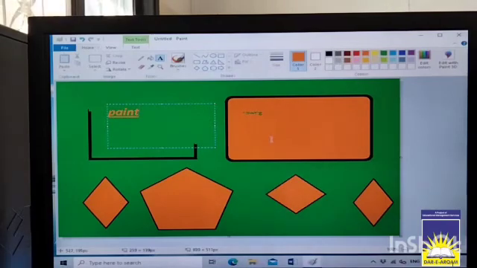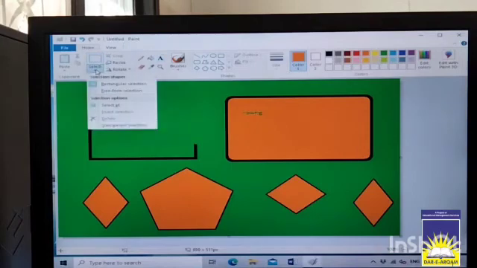Now we will discuss another thing, that is the select tool. With the help of the select tool you can select anything or any images. Now here we have a select tool. In this select tool we have rectangular selection, free-form selection, select all, transparent selection. आपको किसी भी किस्म की selection करनी है तो with the help of this selection of shapes you can select